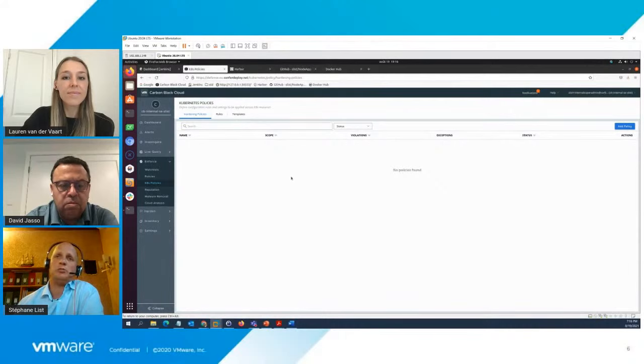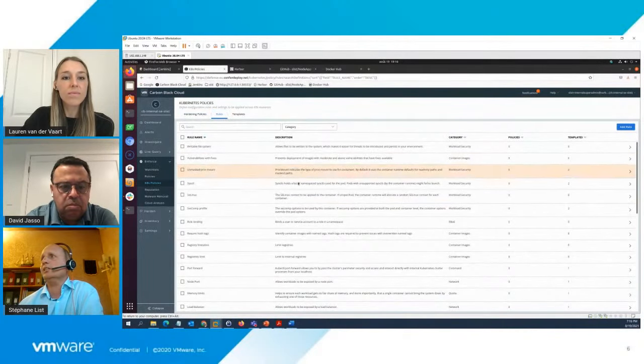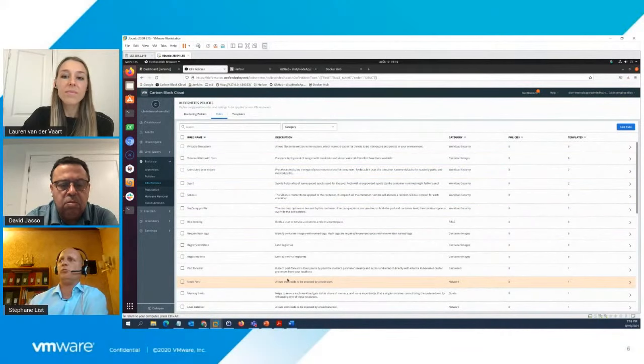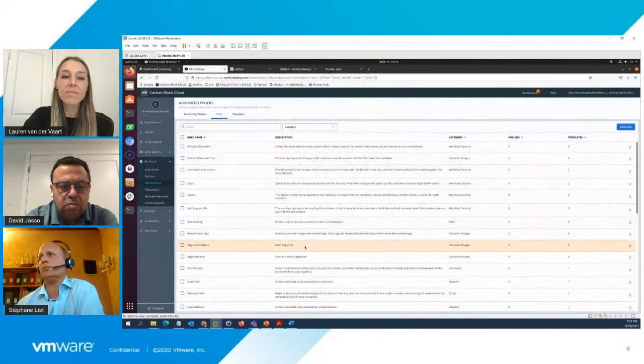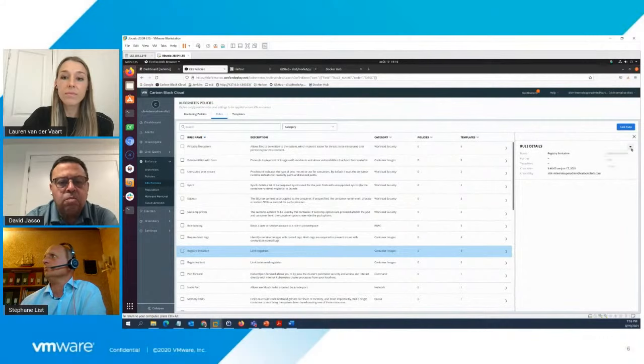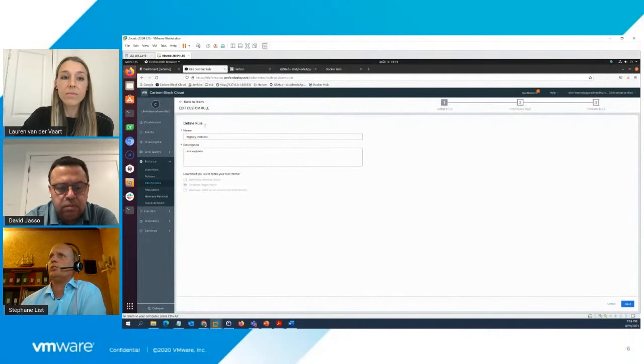So when we create a policy, we are using some rules, and so you can define some specific rule. For example, you can specify some rules to limit the container registry you want to allow. And if I show you, it's really simple. You just have to limit registry.